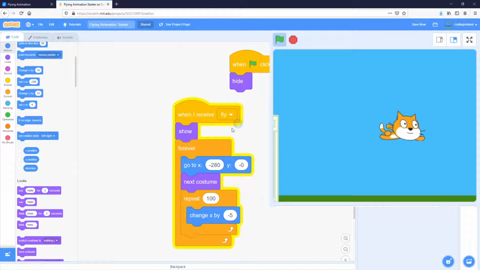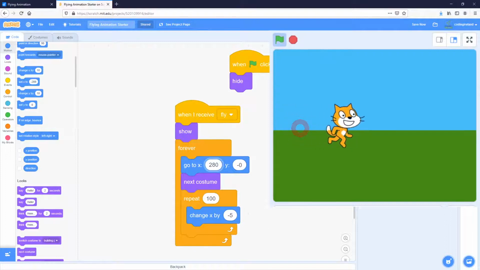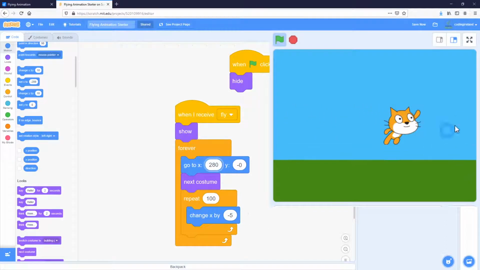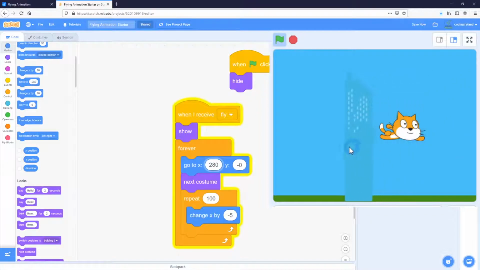So, okay, let me fix my code, change this to be 280. And now click on the green flag, click on the cat. So my buildings should appear, come in from the right here. And there we go. So there's one going by, it should go on to the next costume and start again. And that's what the forever is doing. So it's making it go back to the right hand side, changing costume, and then making it move 100 times